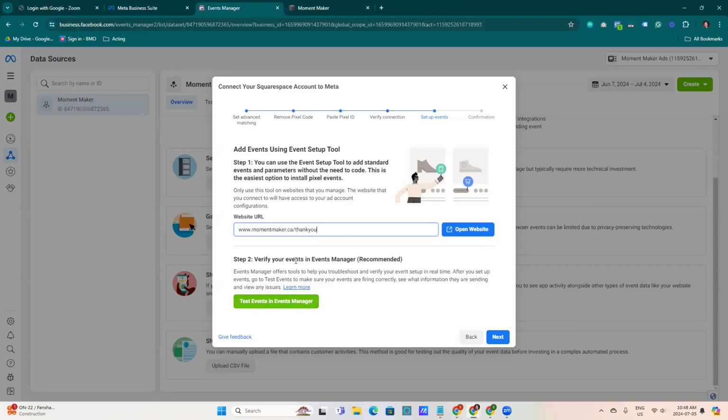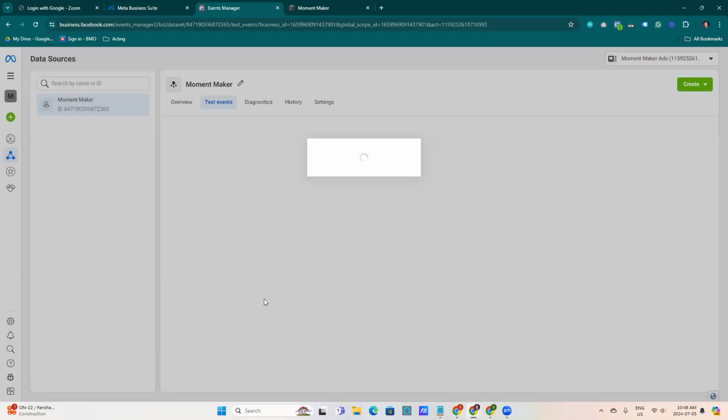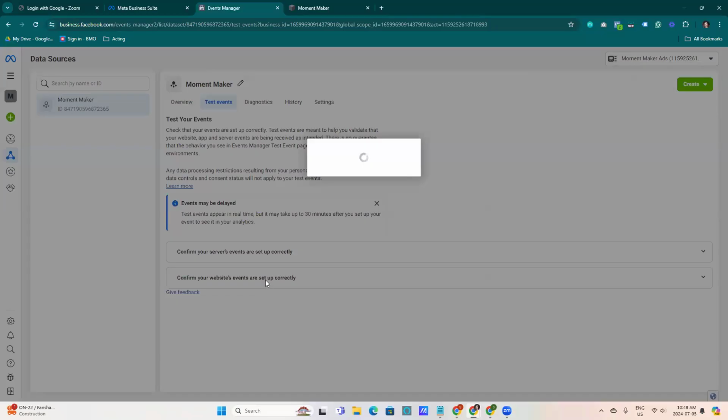Now we're going to go to step 2, verify your events in Events Manager. Again, you don't have to do this, but why wouldn't you want to verify what you've done is good to go? So we click this, and we're going to get redirected. Maybe sometime within this century. While we're waiting for this to load,